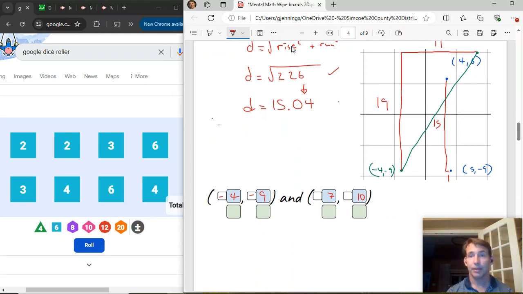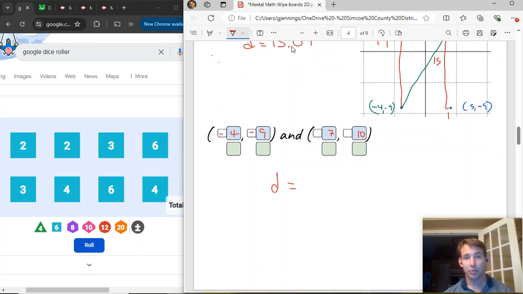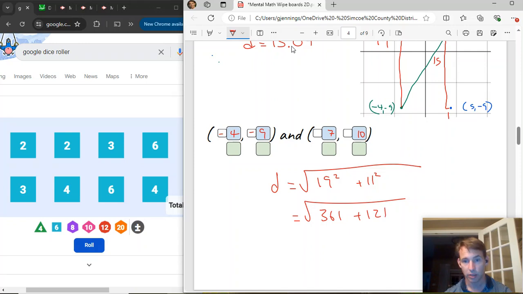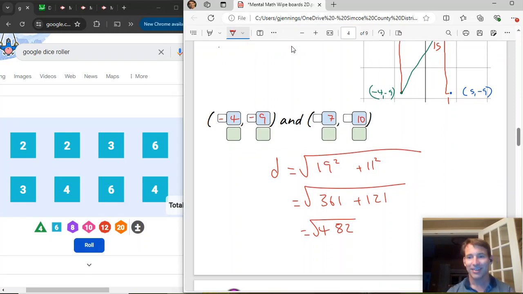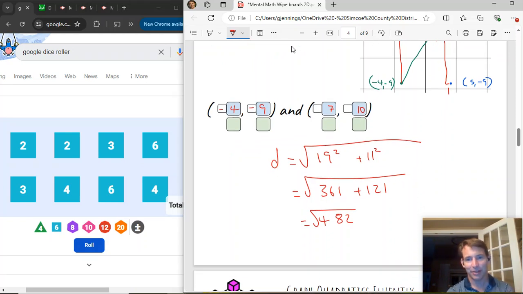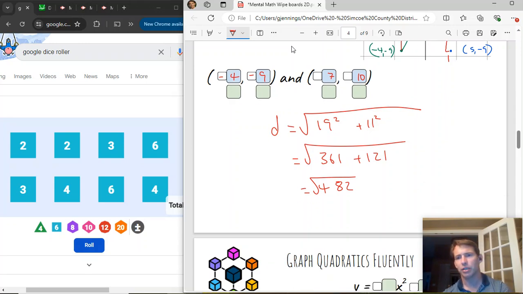Okay, so now we know that the distance between them is going to be the square root of 19 squared plus 11 squared, which happens to be 361 plus 121, which again happens to be 482, the square root of that. So now, 482 is a tricky number, and what we're going to do is look at what squares that happens to be between. And we're going to be particularly interested in putting that on the number line,